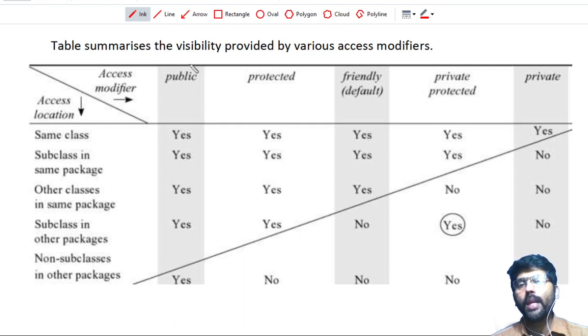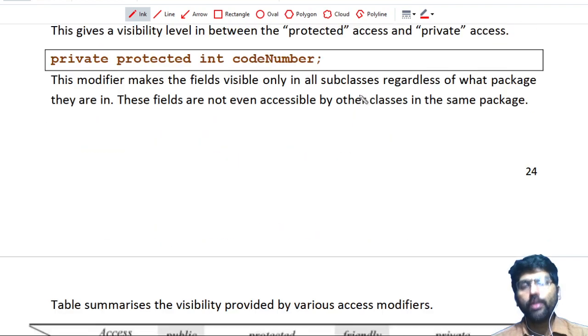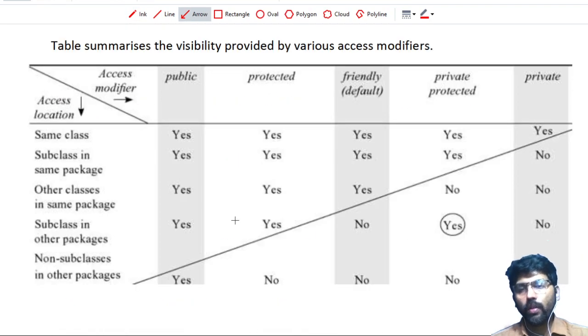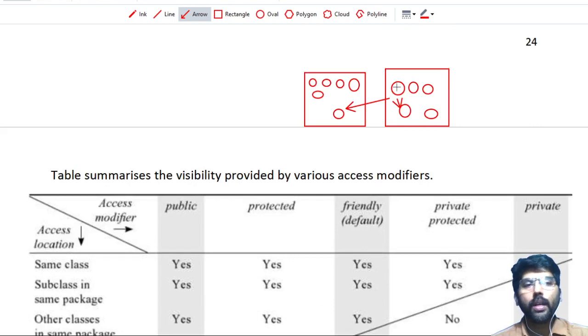Whenever you make any variable public, it can be accessed from every other class: the same class, and all the classes. If it contains one variable and that variable is public, it can be accessed from all the other classes in the package as well as other packages. That is called public.